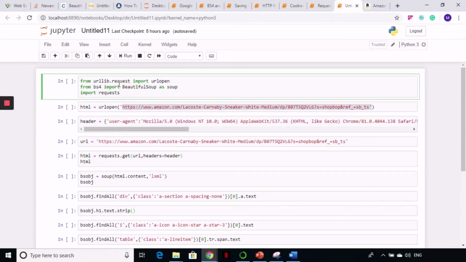So pay attention to what I'm doing here. I'm importing my standard libraries. So from urllib.request import urlopen, from bs4 import BeautifulSoup as soup, and import the requests library. So run the cell. So first I'm trying to open this URL using my urlopen method from the urllib library,